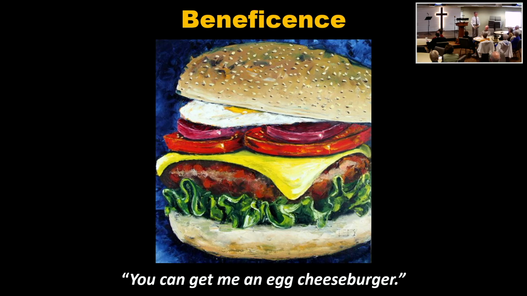And finally I said, Mr. So-and-so, what do you want? What do you want from us? And what he said was, you can get me an egg cheeseburger. And right as soon as he did that, all the daughters started crying. And they said, our mother, he used to work 2 jobs. He'd leave early in the morning, come home after 8 o'clock, and she'd always make him an egg cheeseburger. She'd said like for 30-some years.